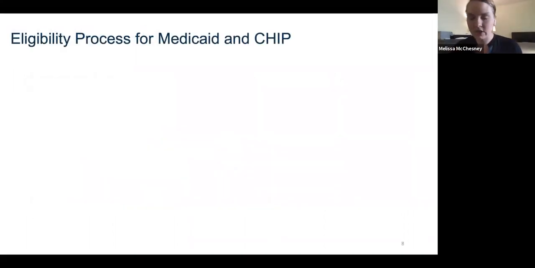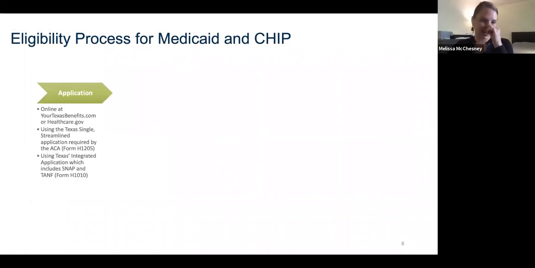So now that we've talked about the software involved in applying, let's talk about the process. First is the application section. Again, as we talked about, you can do that online, using either the single form or the integrated form. After application, oftentimes the agency will ask for documentation of what you reported on